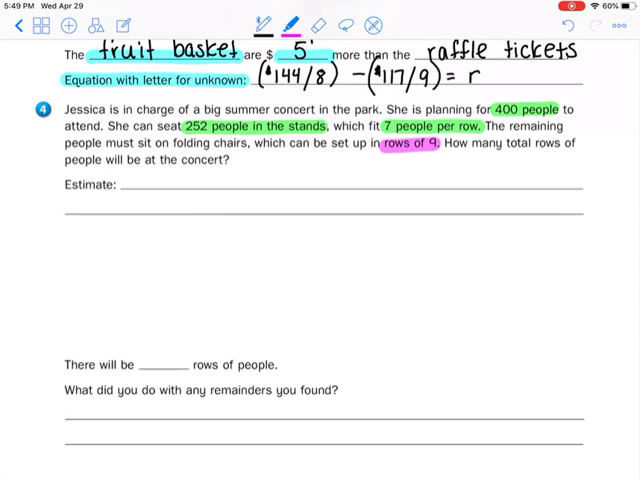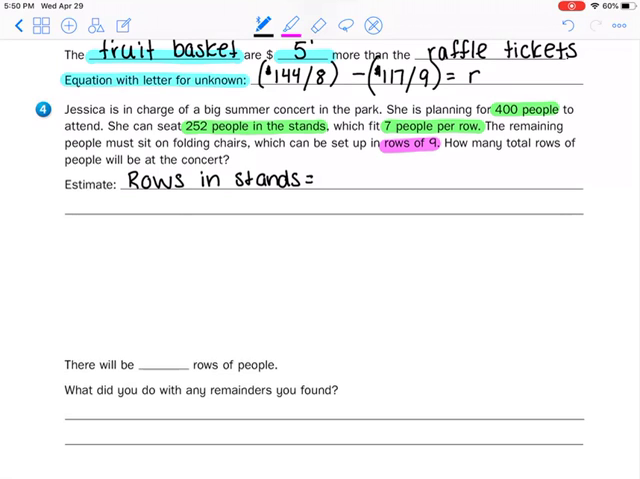So now we have to figure out how many rows are going to be people in the stands, and how many rows are people in folding chairs, and then add those two numbers together. So we're going to start with our estimate. We're going to do the stands first. So the rows in the stands, and actually I'm going to put rows so we don't forget. Rows in stands,